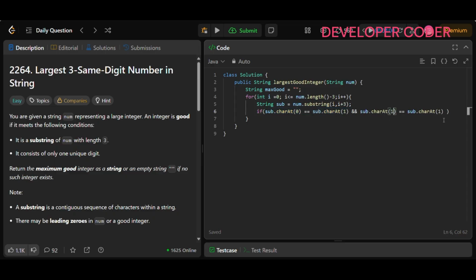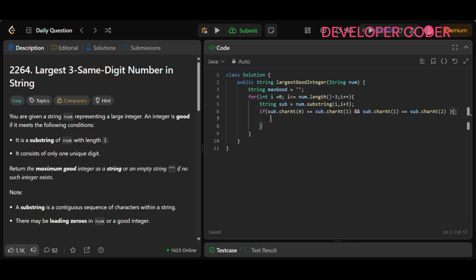Let's say if it is equal to charAt(2), right? So this is what we need to compare, right? And here, if this is the case, and all the 3 elements are same, then in that case here I will just check if my maxGood is equal to empty string. Okay, if this is the case, or